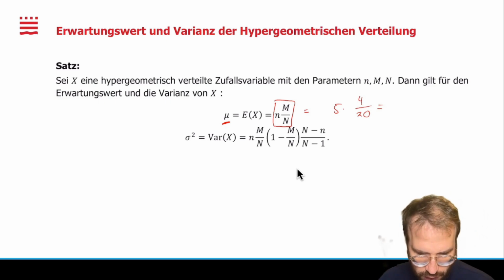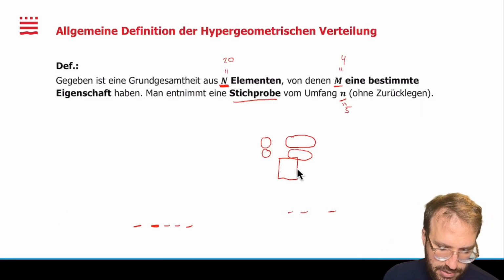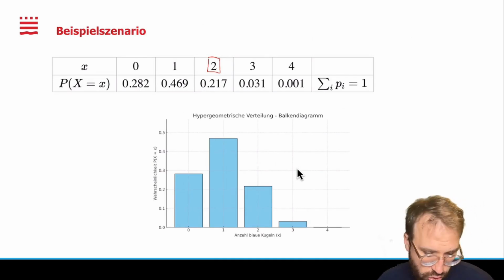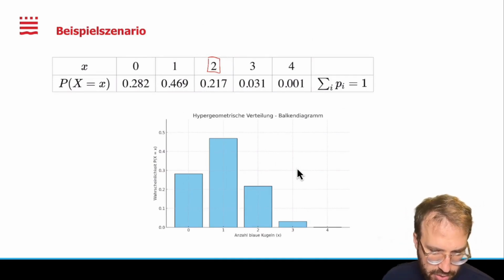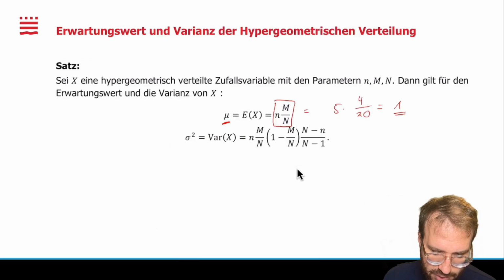Let's take a look at that. 5 times 4 divided by 20 is 1. Actually, if we take another look at the graph, it's not that surprising, but it's still a nice result. So that means 1 is actually the expected value of this,